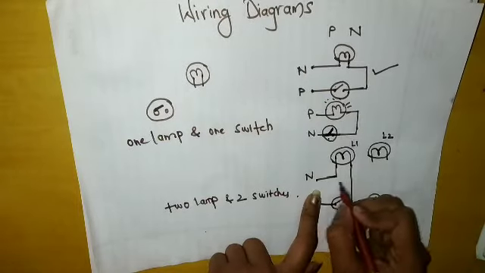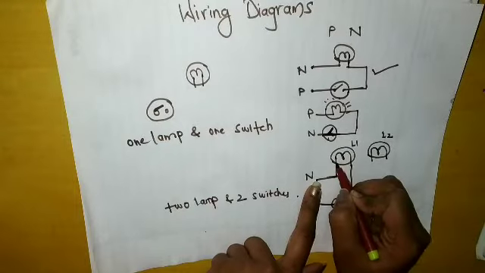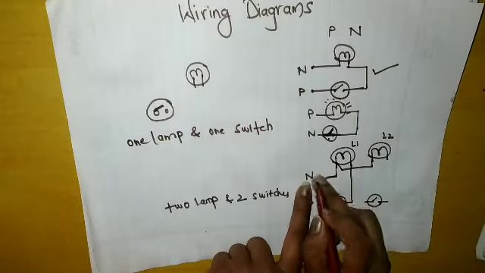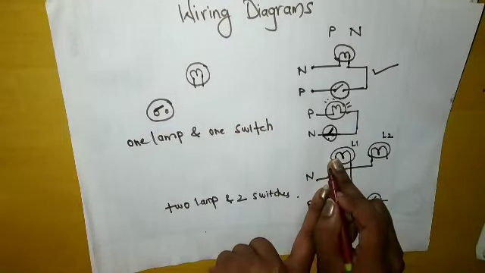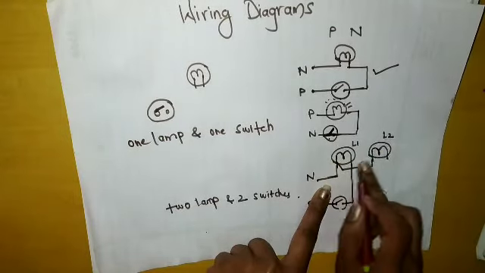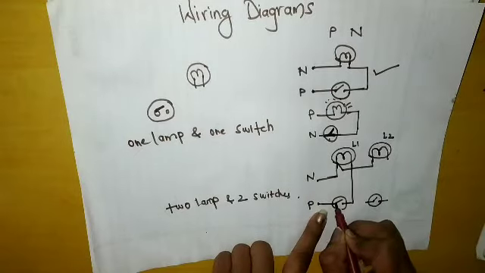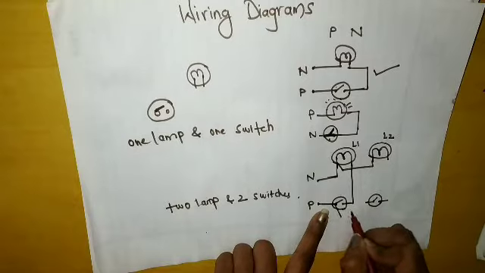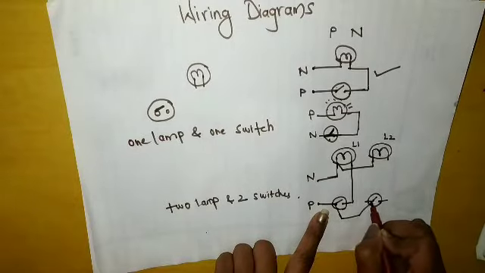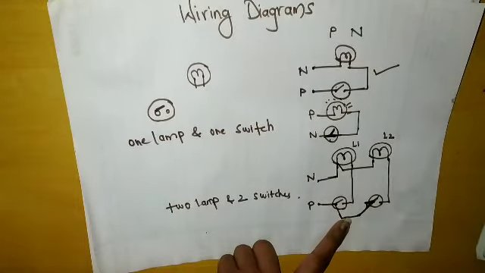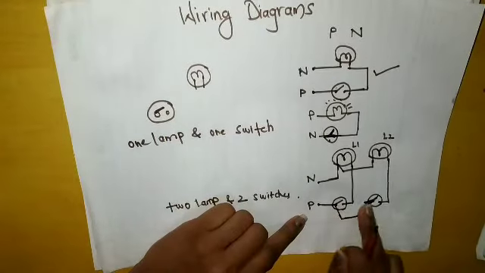Now similarly here what we have to do, we have to loop this. That means we have to take this neutral from here, we are linking it from this neutral to this, right? So we have taken the neutral from this bulb to this bulb, and now this switch here, this phase, what we will do, we will take it further like this to this next switch. Okay, and now this will get connected here, right? So from here it is getting phase, right?